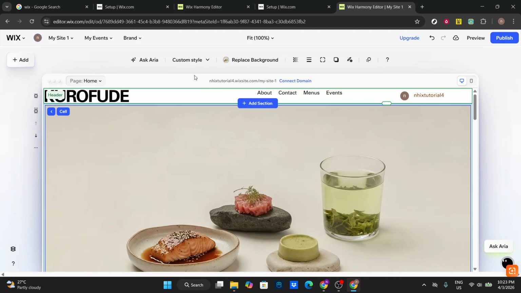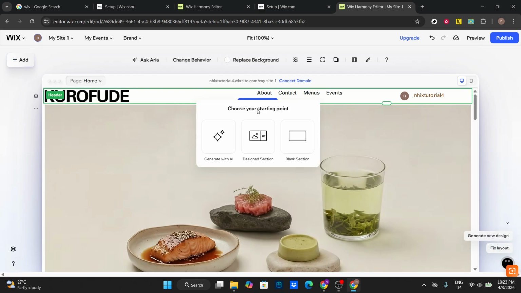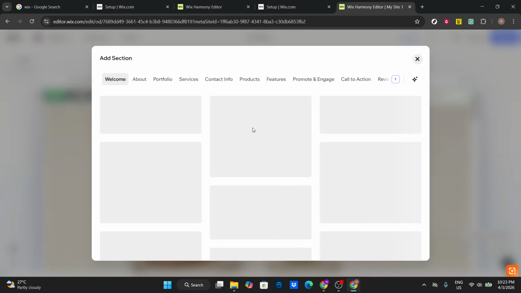Look for the Add Section prompt that appears between sections. Click Add Section to open the panel of ready-made layouts. These presets save time and keep your design consistent. From the panel, choose Design Sections rather than starting from a blank section. Design sections come with balanced spacing, typography, and buttons already styled, which is perfect for adding services quickly without rebuilding